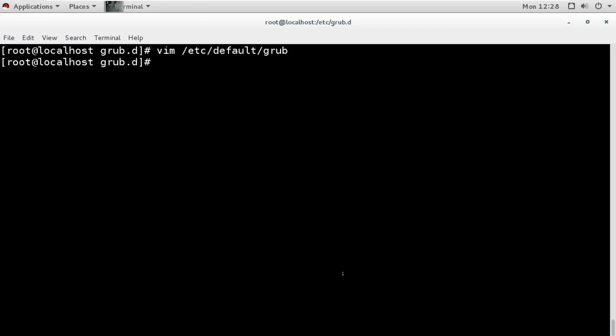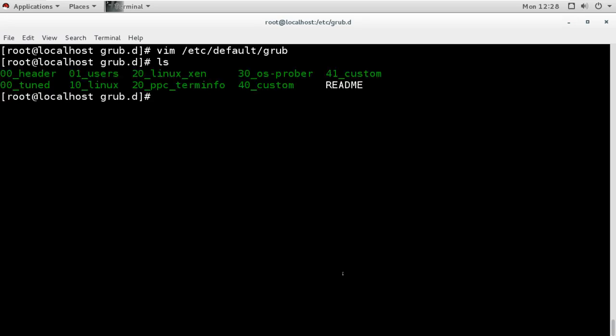So I did the changes. Whether you do changes in this default setting file, or you do changes in these templates, whatever you do, you have to update the changes into the main configuration file. Now for updating the changes, we have a command grub2-mkconfig. Now what will this command do?